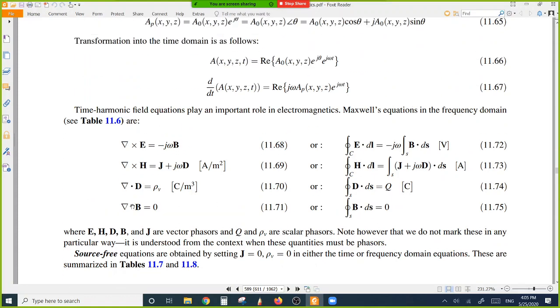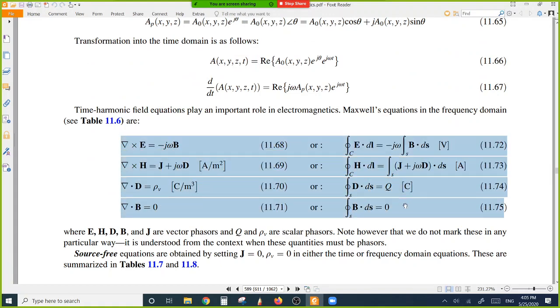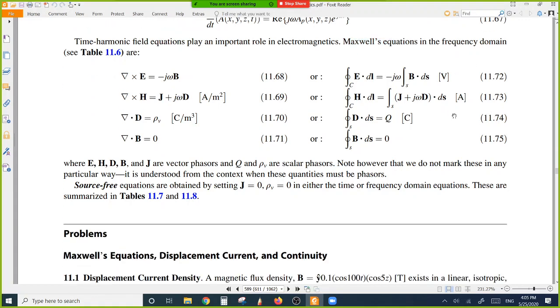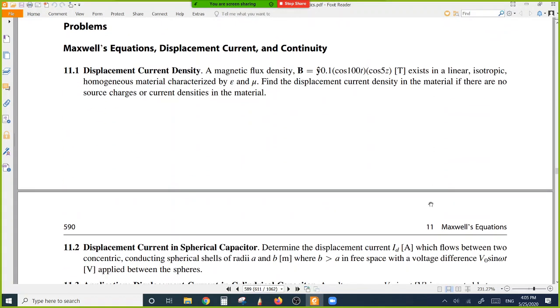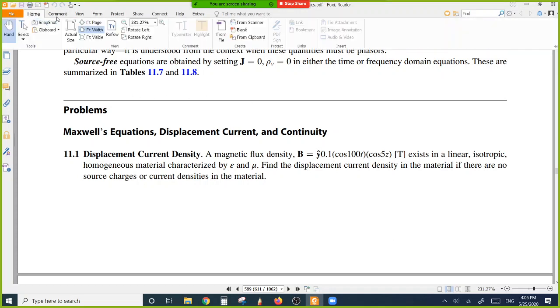Here are the time harmonic equations, or time harmonic representation of Maxwell's equations in the frequency domain. Now let's start to solve a problem. The first problem: